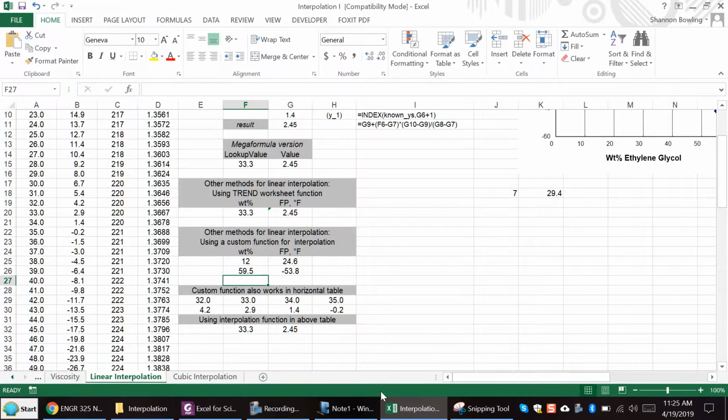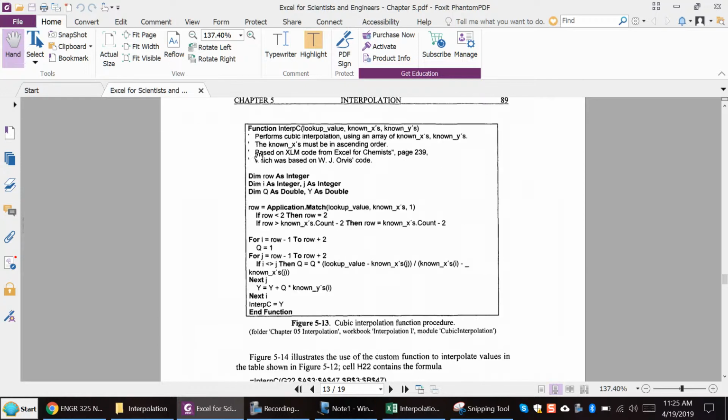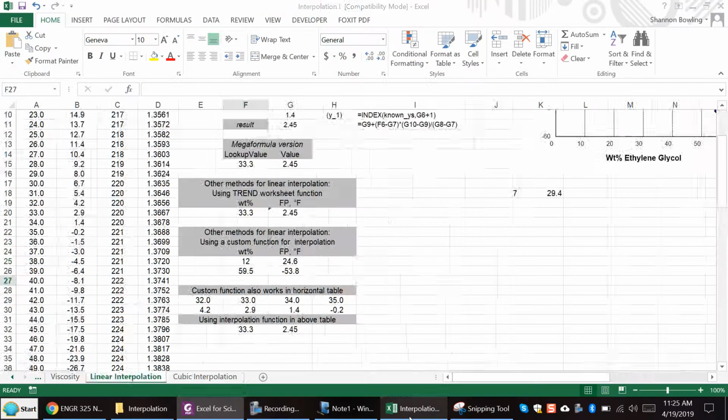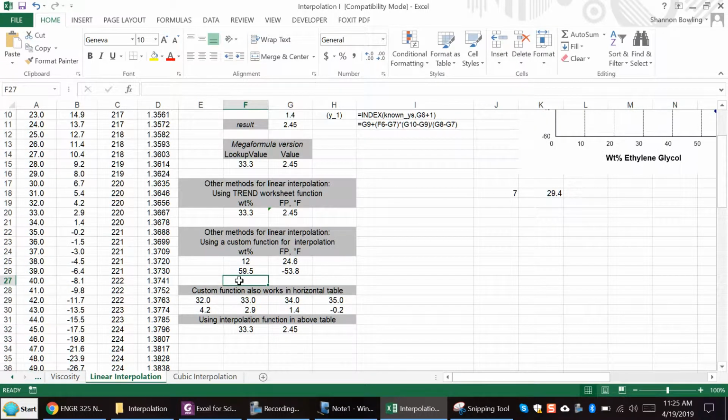But he created a function, and if you're interested, you can actually go in and look at the function that does it. It's not that complicated. But this is what cubic interpolation is. Okay, so if you come down here and you use, say, cubic interpolation, and like linear interpolation, where I plugged in,